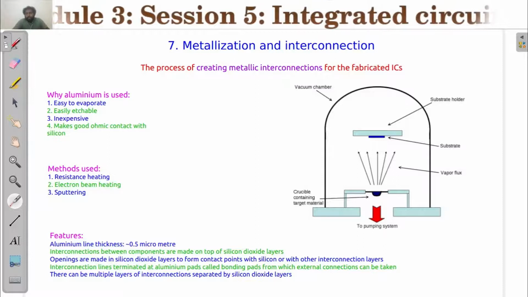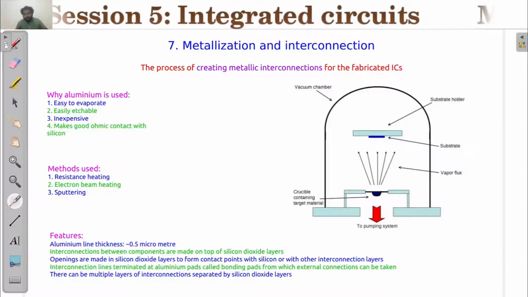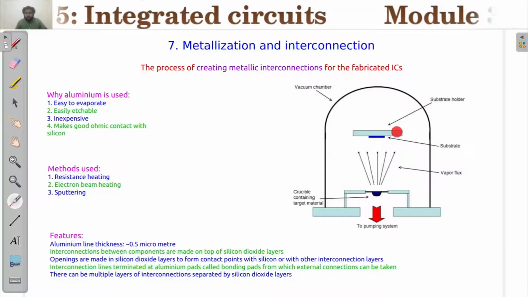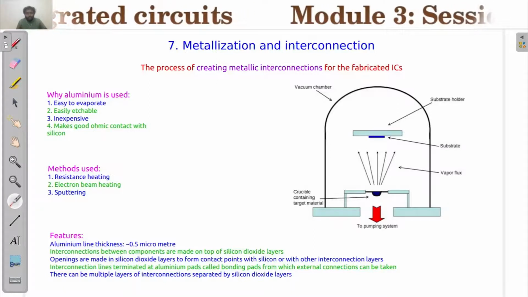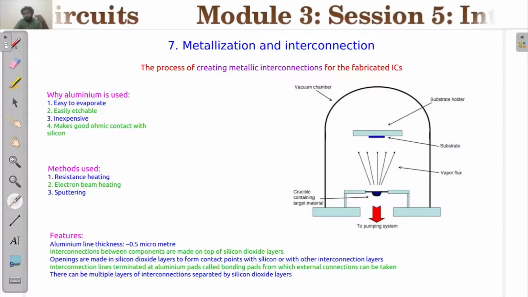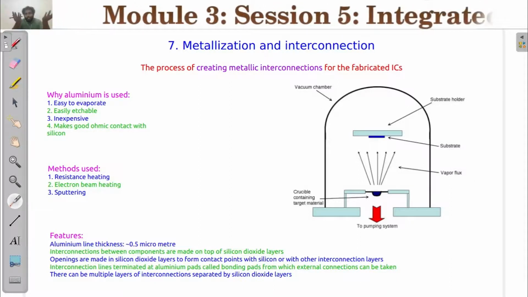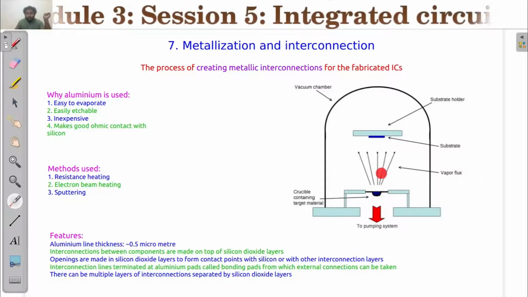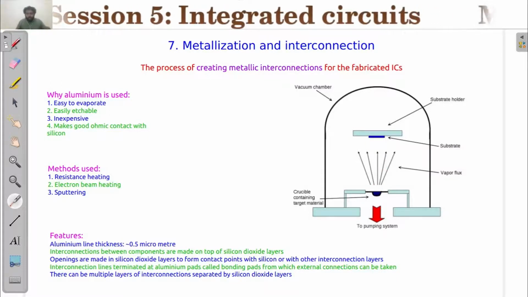And there are procedures for getting aluminum deposited onto the surface of a wafer, and that is done basically using a vacuum chamber with a substrate holder, where aluminum will be vaporized using some kind of method. One method is resistance heating, a technique where you use a tungsten filament with aluminum coated onto it. Whenever the tungsten gets heated up, the tungsten doesn't burn out, but the aluminum gets vaporized, and the aluminum vapors contact the substrate and get deposited onto it.